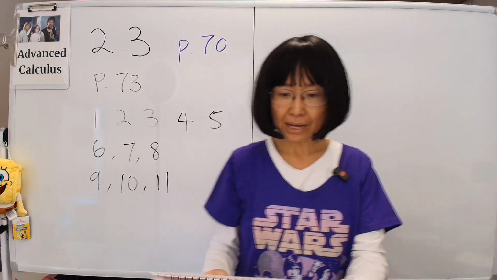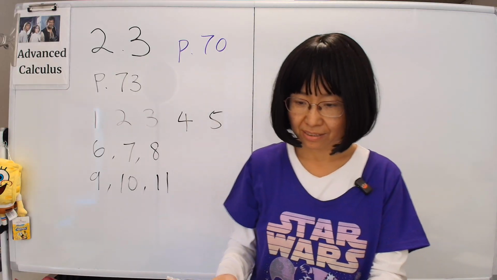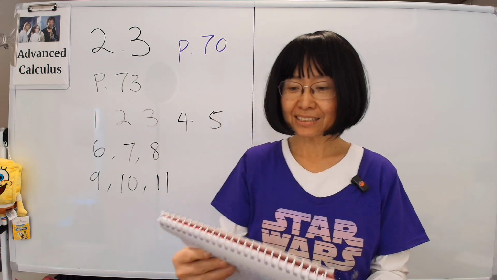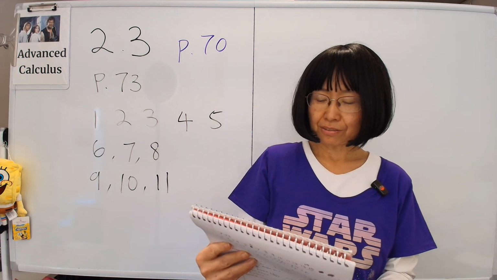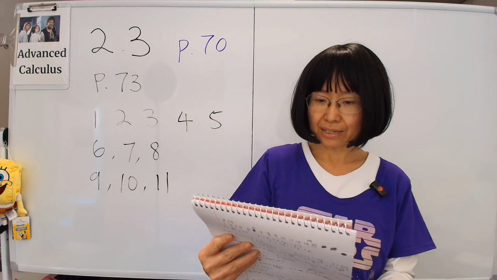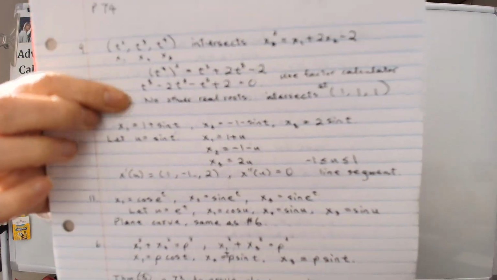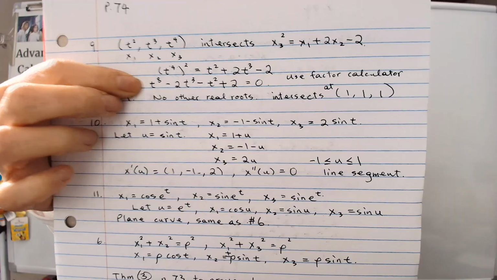So problem 9, we have some line intersecting something. What is it? Who knows? And let's just say they intersect. Now for that to happen, I guess we'll just plug it in, okay? Plug the t's into x's and see if something comes out, and we end up with this horrendous looking thing